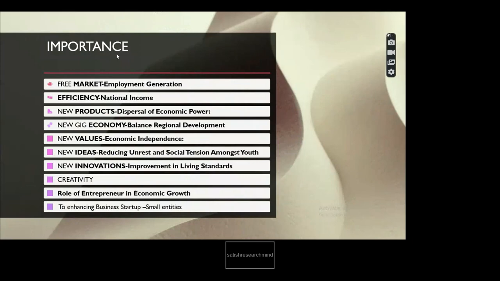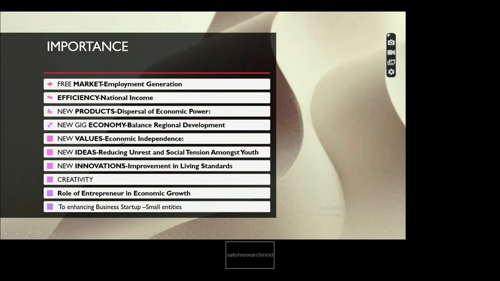The first point is free market employment generation. So, what is free market and what is employment generation? The second thing is efficiency. Then national income, new products and dispersal of economic power. These are very important points. New gig economy, balanced regional developments,